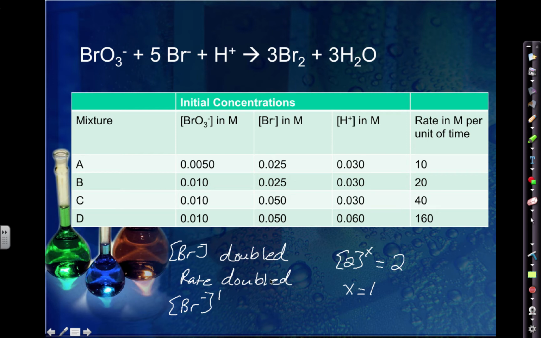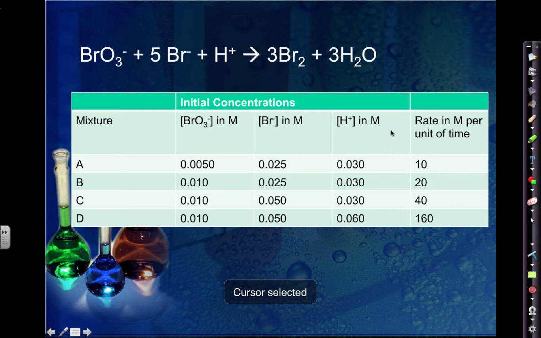All right, so let's look at H now. Okay, so H right here doubles when I look at C and D. So C, it goes from 0.03 to 0.06, and then the other two reactants are kept the same, so I can use that C and D right here. All right, so